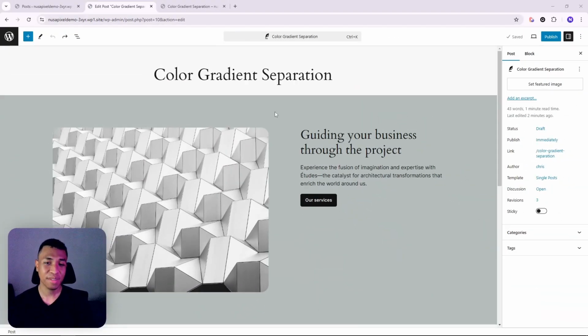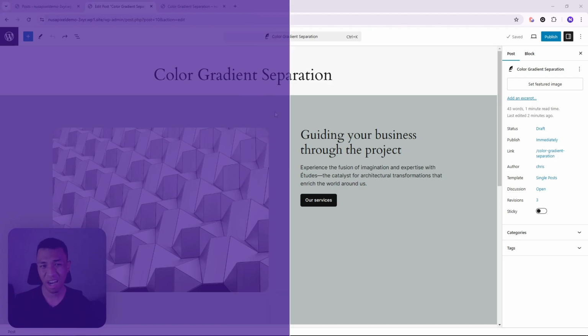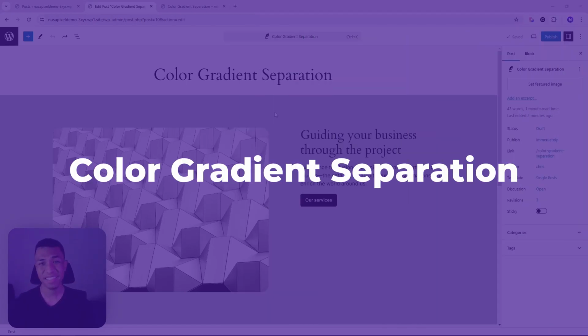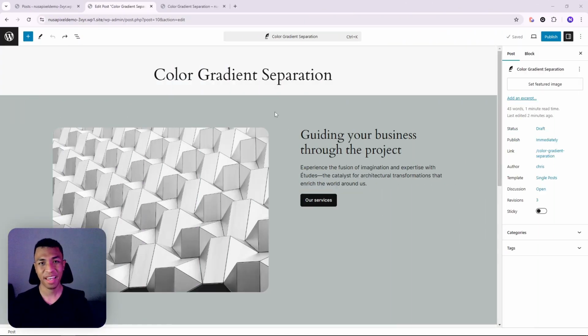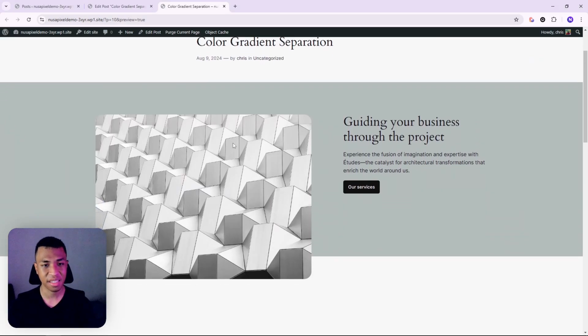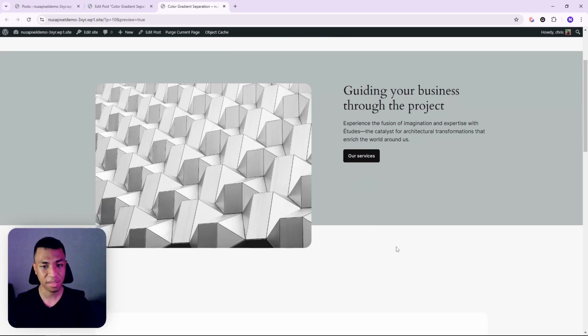Okay, for tip number one, I'm going to call this one color gradient separation. Honestly, this is not the official name. This is just a name that I came up with, and you will see why. So what we are trying to achieve is this design. You'll see that there are two colors. There is a dark gray and also a light gray below it, but there is a clear separation between